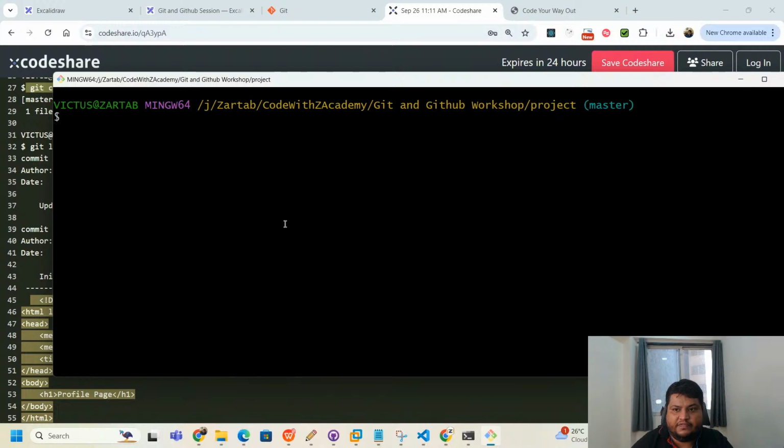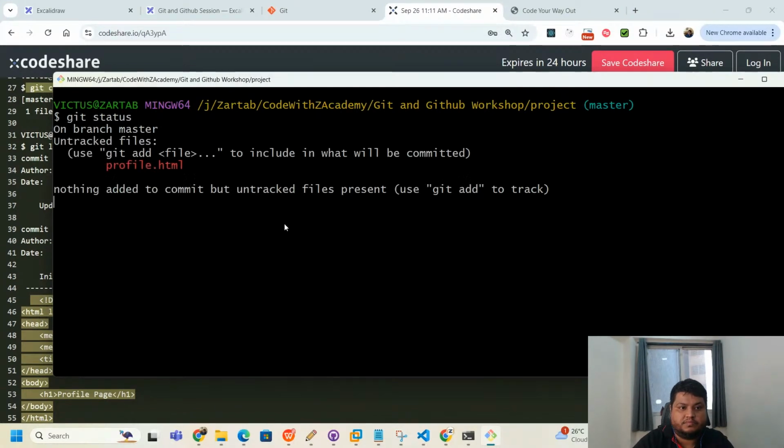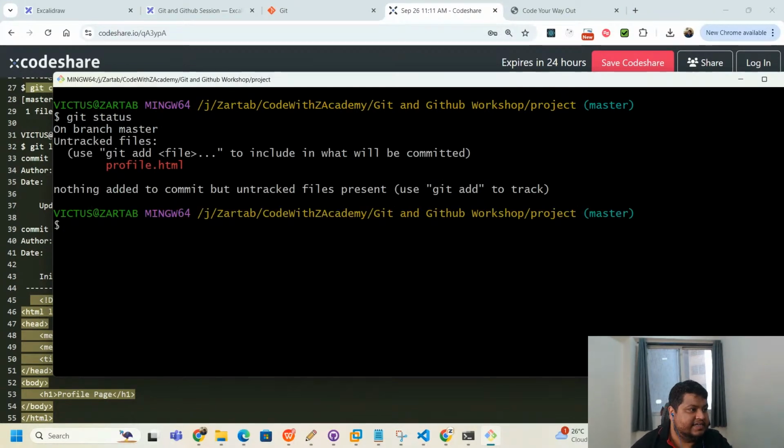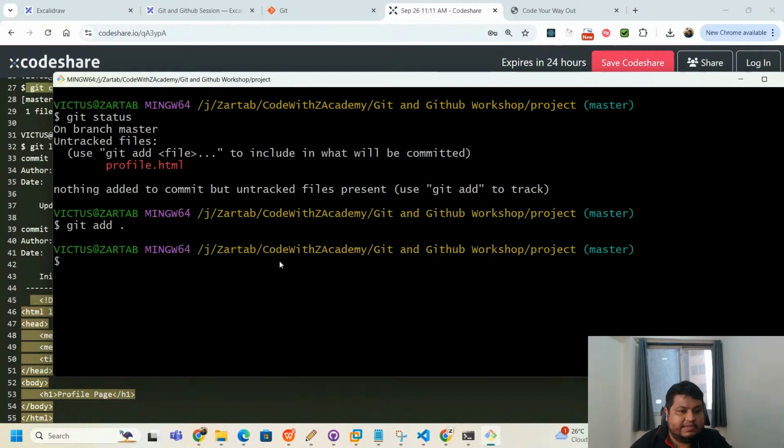Now, what will happen if I go and say git status? If I say git status, what will you find? That we have got profile.html here, which is unstaged. I say git add dot. Now, everything is where? In my staged area. If you want to see the files which are in your staging area,